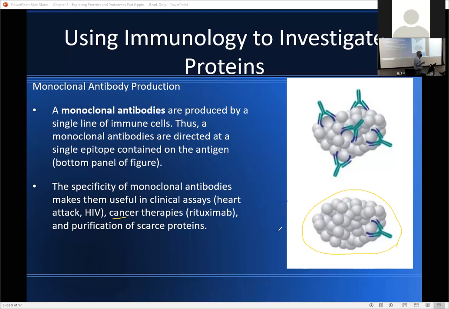cells. In some cases, the antibody is enough to direct your immune system to get rid of the cancerous cells. Sometimes we can attach either drugs or radioactive isotopes to monoclonal antibodies and use them as a drug therapy. So this way, the monoclonal antibody will be directed towards cells that express this surface determinant that only cancer cells